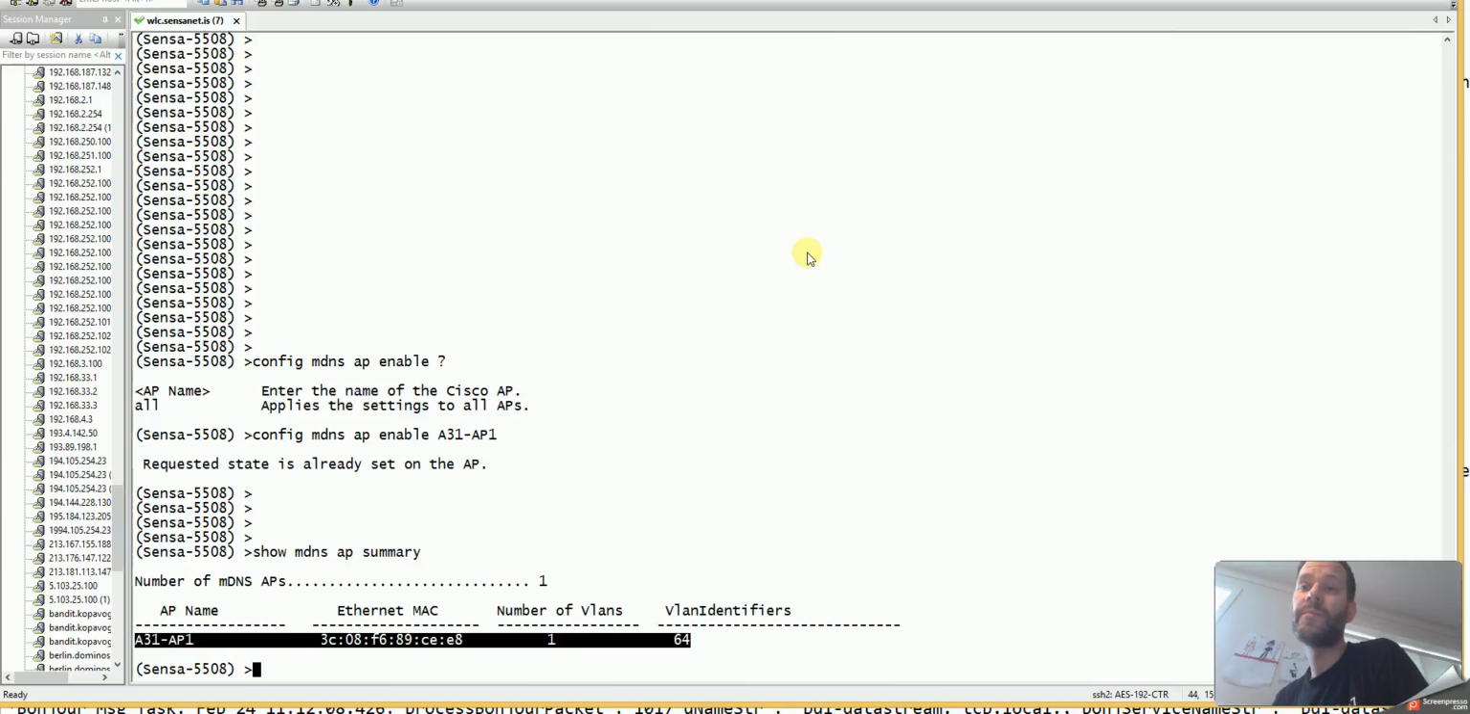So this AP is ready. You see that it has VLAN identifiers on the right, VLAN 64. So this AP is sitting on another VLAN according to the native VLAN configuration on the switch port, but it's listening to VLAN 64. So if I wanted to listen to more VLANs, because I know of some services that are advertising Airplay services on another VLAN, I would simply go config MDNS AP